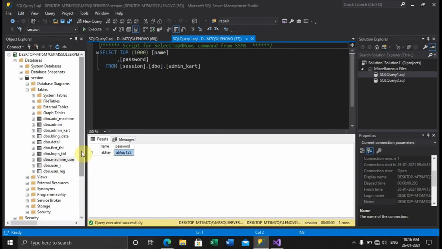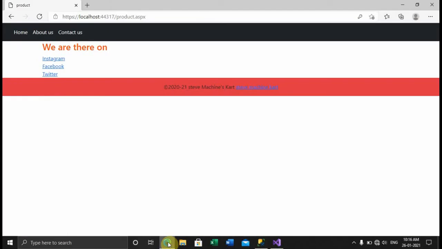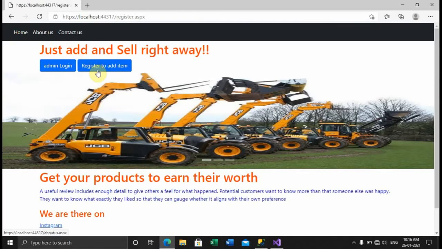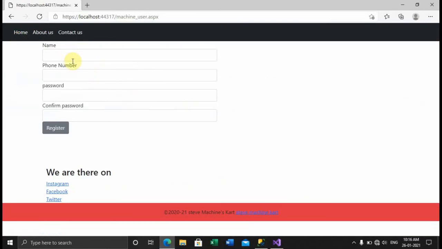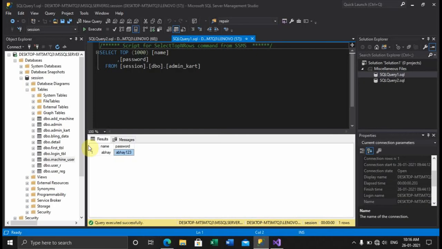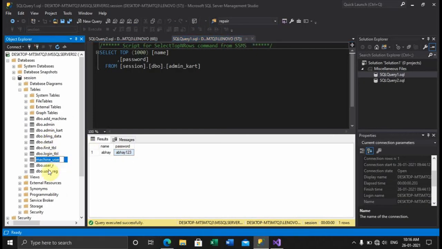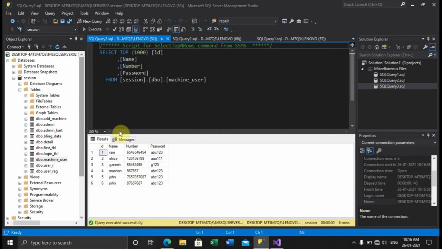So basically the data the user entered on the register page, the data you are entering over here, will be stored in the user table. I have made a table over here. So let's check if it is fetching the data or not. So see, first data, these are the cross-check data. I have entered here John with this number and this password. So everything you enter in the web form will be stored in the database behind it.